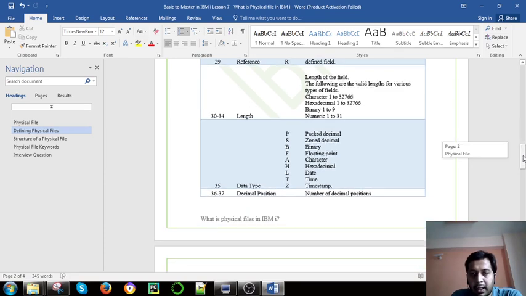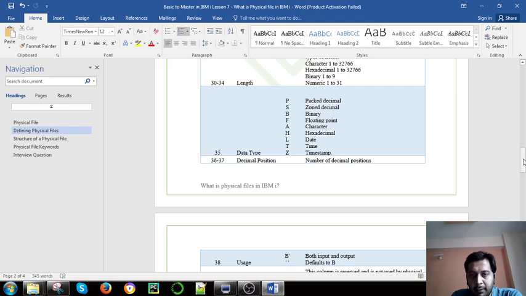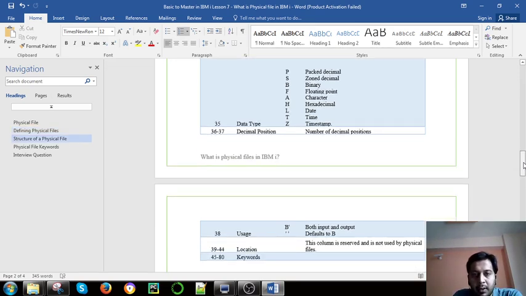Then there are the data types, meaning what type of variable it is: packed, zoned, binary, floating point, character, hexadecimal, date, time, timestamp. So we have different data types, and we have decimal positions.